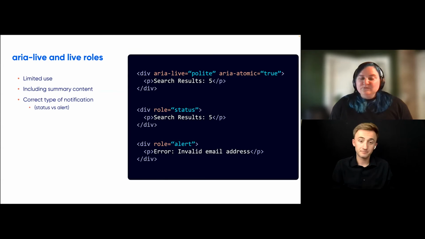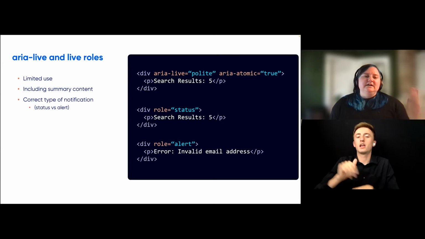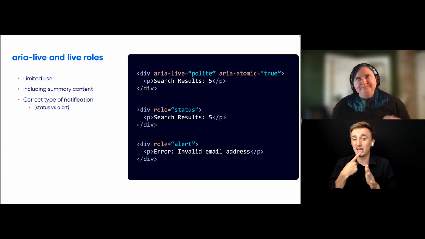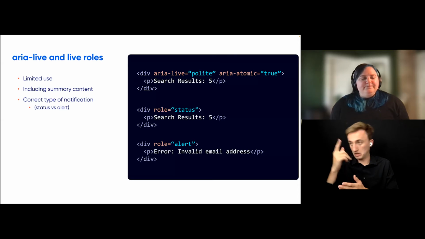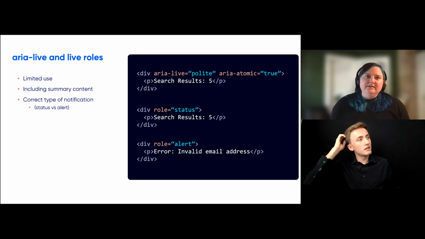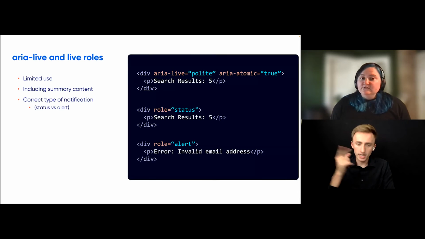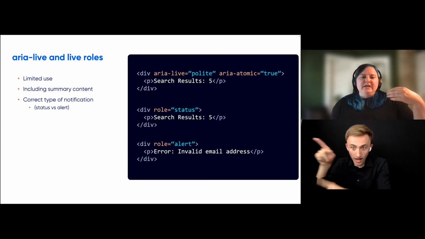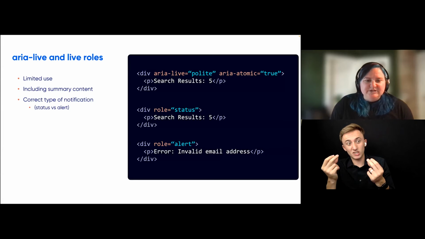And then our last example, we have a div with a role set to alert. In this case, it is wrapping a paragraph that says "Error, invalid email address." So again, I would assume some sort of client-side JavaScript has run on a form, clearly. Something about the email address field, the value that was typed in there by the user is incorrect. We need to notify the user of that, and no page refreshes happen. We want to notify the user that there's an error, and they kind of have to deal with it right away in order to submit their information correctly.